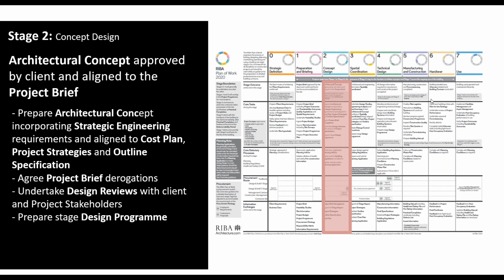Similarly, project strategies, we don't necessarily need the nitty gritty, but things like, if we're building next to a railway line, maybe we need to have a very good view of the acoustic implications. Maybe if we have an atrium, we need to consider the fire strategy implications. So stage 2 is really not trying to do too much. It's trying to support the architectural concept with the right information rather than trying to bog things down by driving too deep into the actual design process.